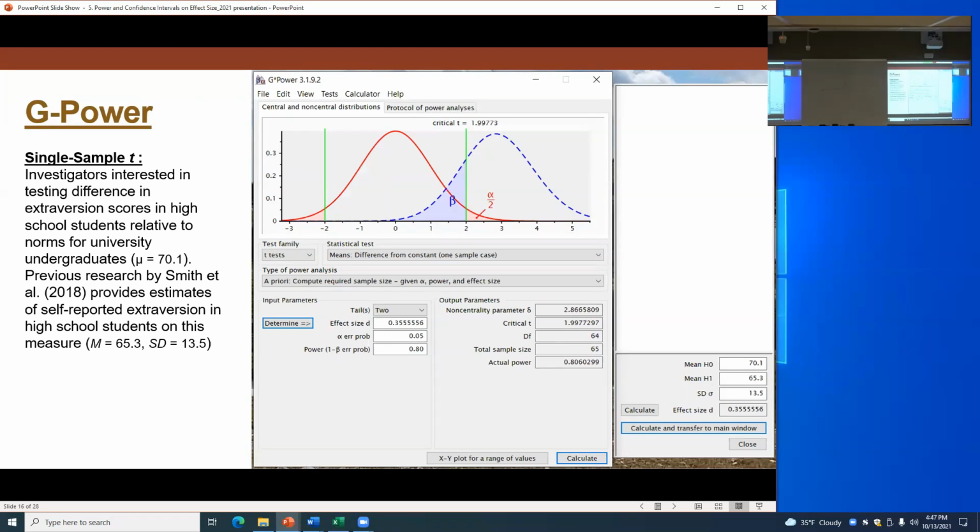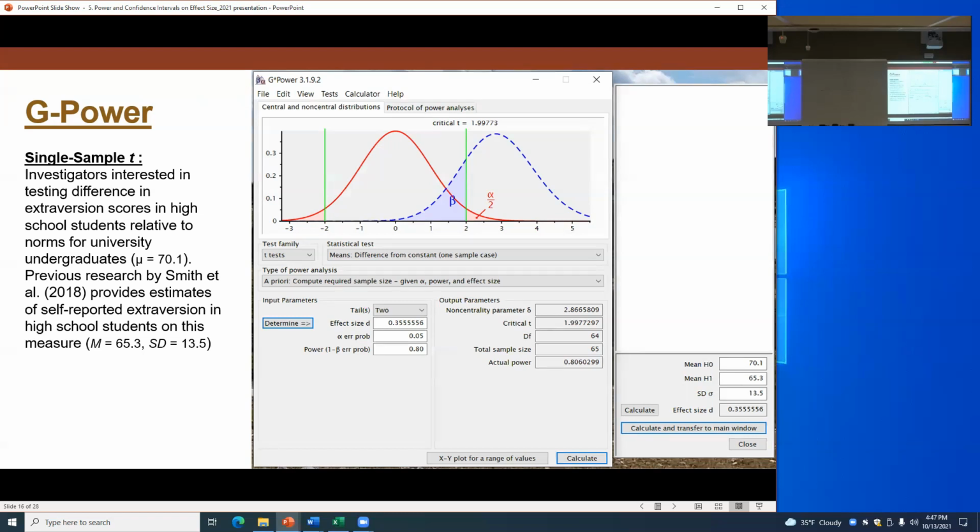Choose that. We want our a priori power. We want a two-tailed test, alpha 0.05 with power equals 0.8. Okay. Only thing we really need to do is plug in this effect size. Now, what we could do is take 70.1 minus 65.3 divided by 13.5, because we know how to do that, and just calculate our effect size